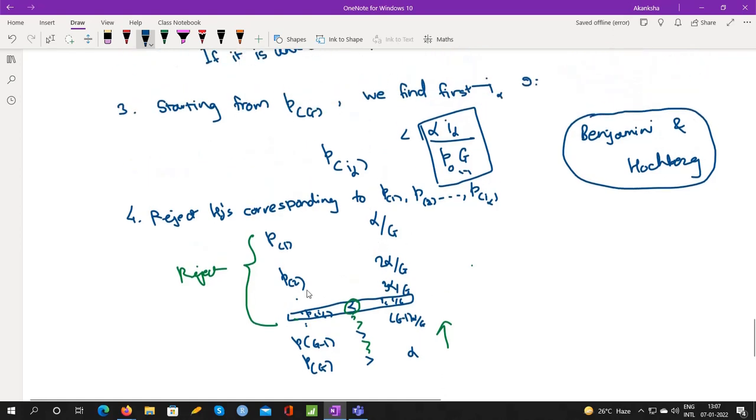But why to follow this procedure, why to arrange them, why to go from bottom and why to use this particular cutoff, all these things you can find in this paper. I won't be able to discuss those because many of you may not be interested and it will take a lot of time. But mechanically, have you understood the procedure? I have not explained why, but have you understood the procedure mechanically?